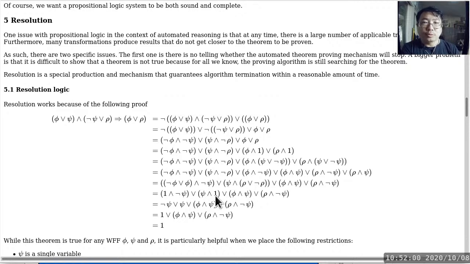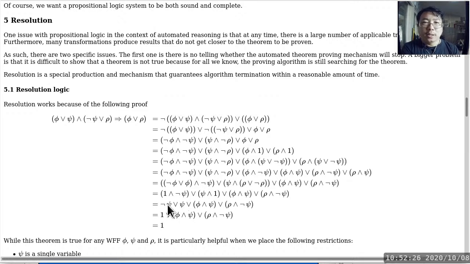And that is just true. Phi, psi and true is just psi itself. So I can now have these two. Now that we get to the third line from the bottom, we see that we have not phi or blah, blah, blah, blah. The blah, blah, blah, blah is now irrelevant because when we see not phi or psi,